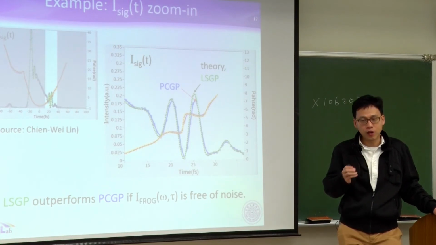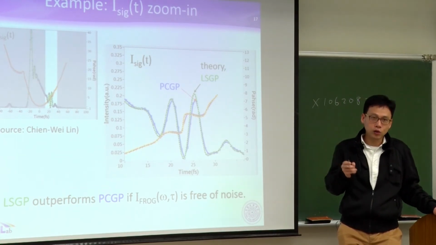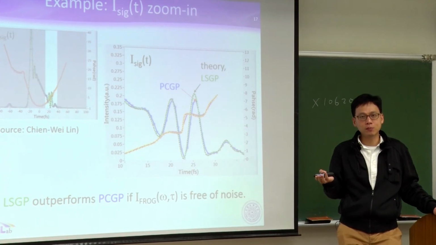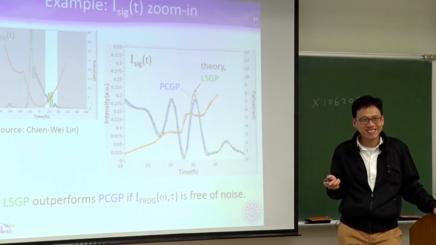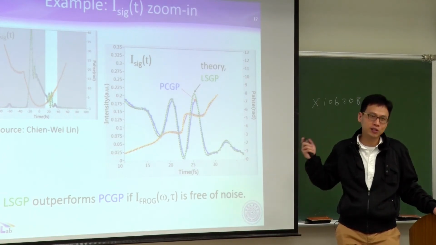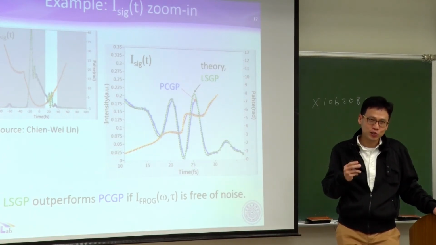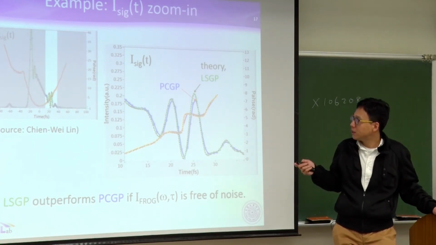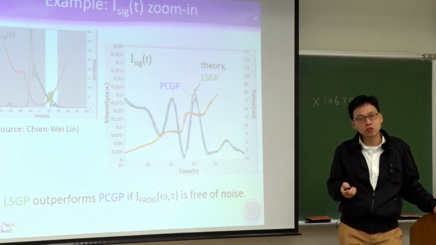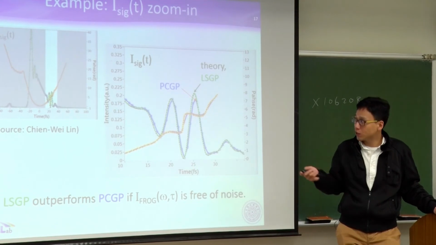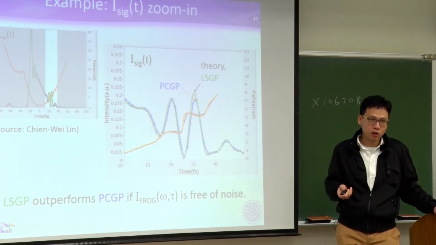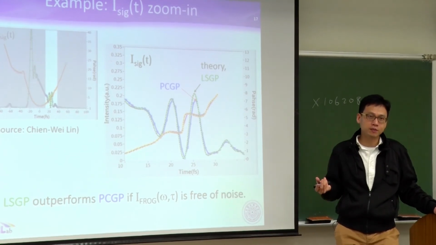But we have also found that if you add noise, which is usually true in practical experiments, then PCGP performs better than LSGP. So there is a trade-off. If your signal-to-noise ratio is poor, maybe LSGP is not a good choice. Then you might need to either switch to PCGP or perform some noise rejection filtering before